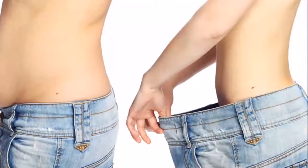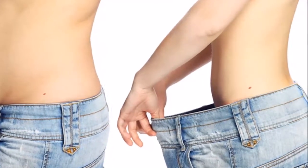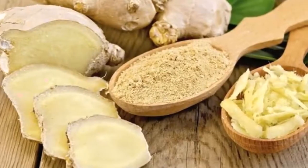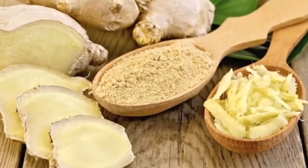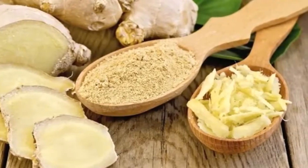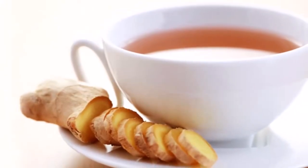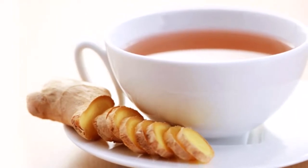This powerful drink is replacing all diets to lose weight. Amazing! There are a lot of natural remedies that help us lose weight, but being honest, some are more powerful than others. If so far you have tried all kinds of natural remedies and none have worked for you, then